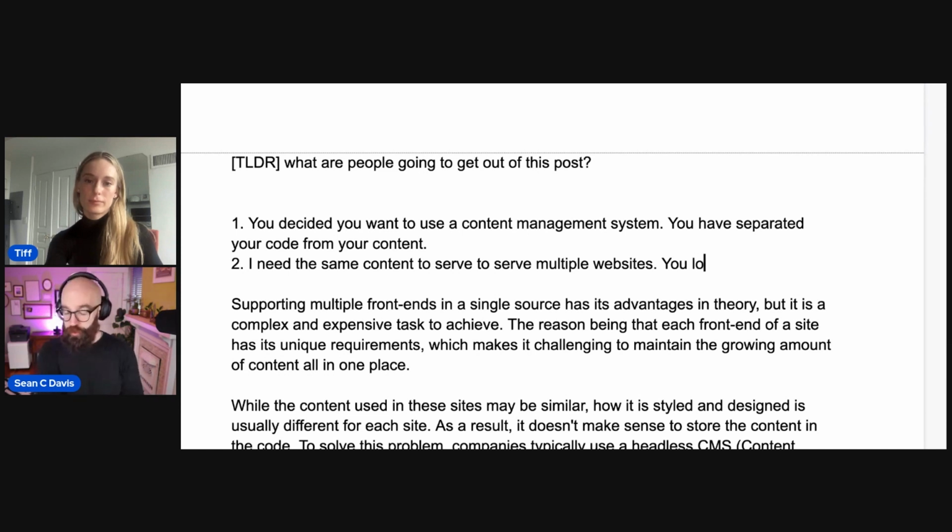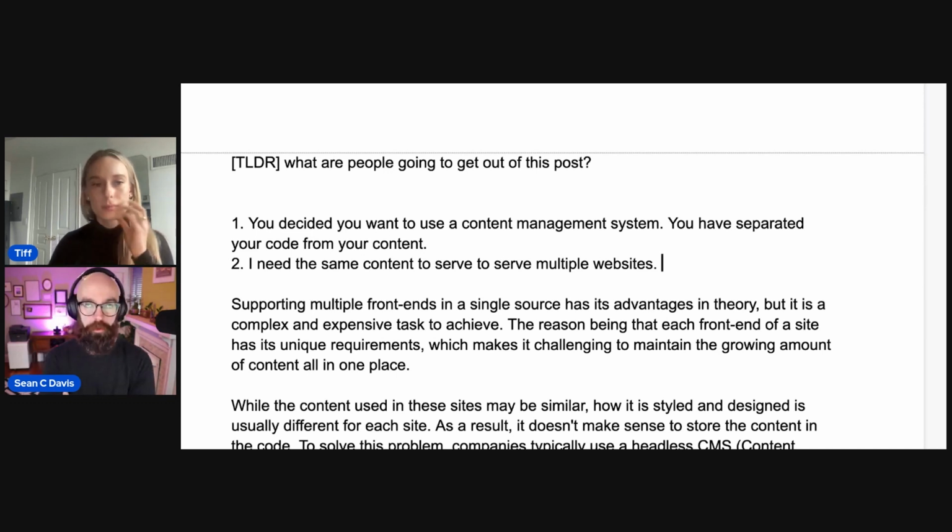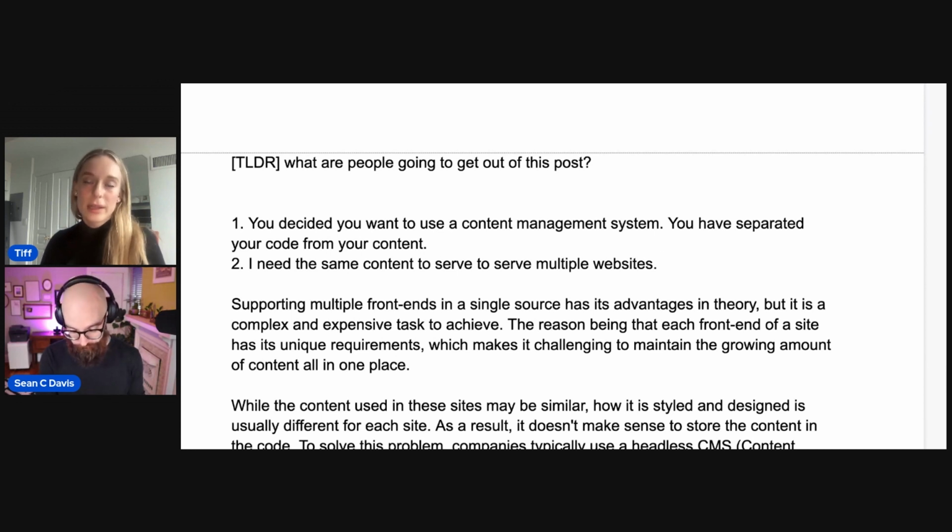And at number two, if you're using something like traditional WordPress, you just spin up a new site and you duplicate that content. And you do that long enough, and that very clearly feels like the wrong thing to do. So then you move to the headless approach and the omni-channel approach,